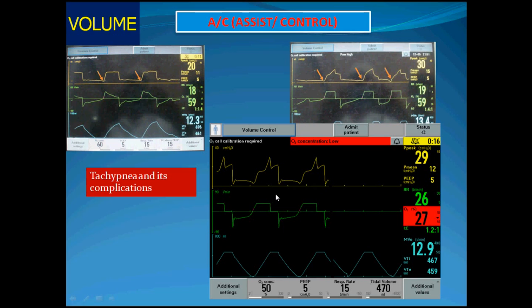This may reach a steady state, but sometimes it will not be reached if the pressure here increases to be more than 30 or 35. In this case, the patient's lung will rupture and lead to pneumothorax. So the problem here of tachypnea in a patient with volume control is that they might develop pneumothorax, and after that tension pneumothorax,